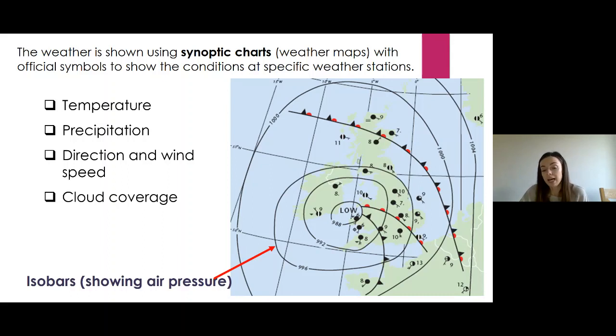Here we have as well isobars. So isobars are those lines showing air pressure, and along the line, it links air pressure of the same value. Okay,